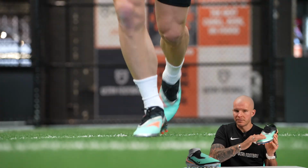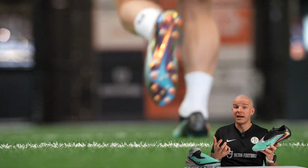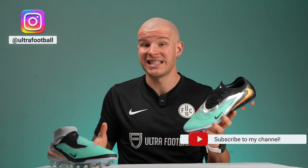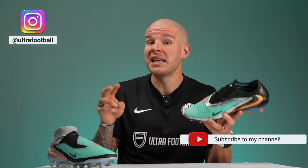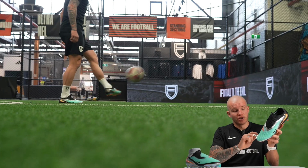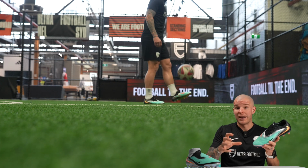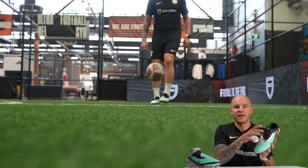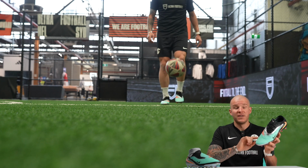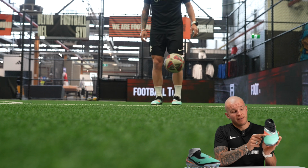Now, as far as these ribs go, these are ribs that are actually more similar to a Flyknit Ultra, which was a 2017 release, a very special edition boot that Nike released to sort of tease what Gripknit was going to be. So you get those ridges similar to that boot, and also very similar to that OG T90 rounded Cyclone look that the upper of the GX2 had. This is now a very similar vibe to that, but just now in ridges, and then you have a raised